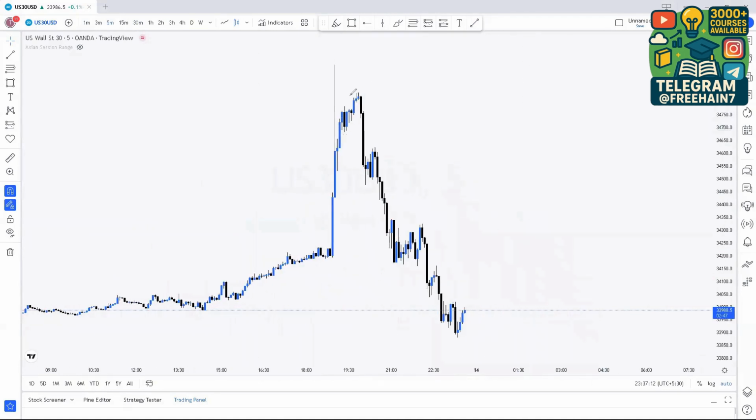So all of this will be the internal structure based on the higher time frame now. Because the higher time frame is bullish, but since the lower time frame is retracing downside, that's like the